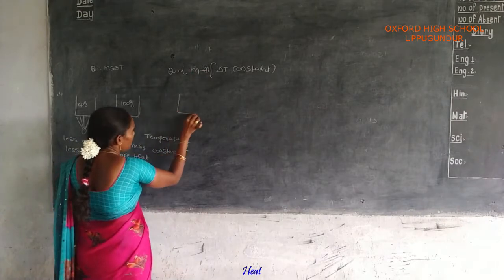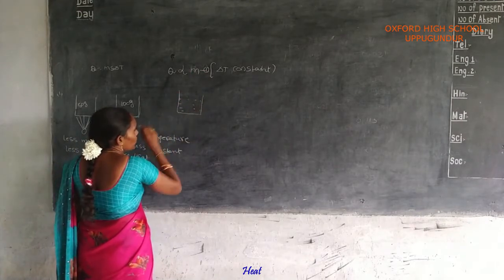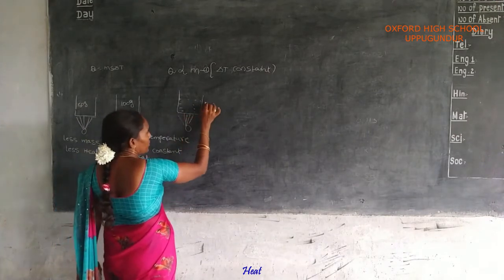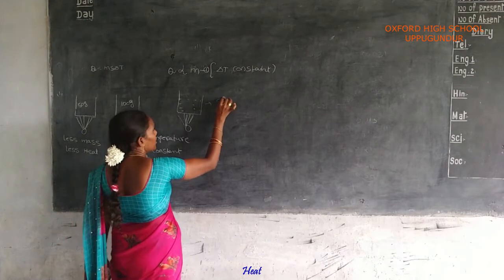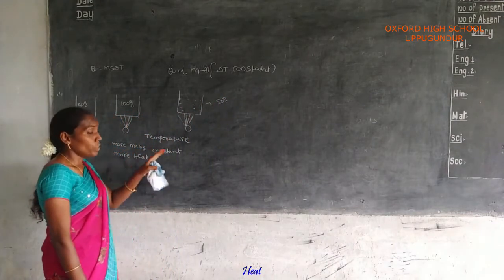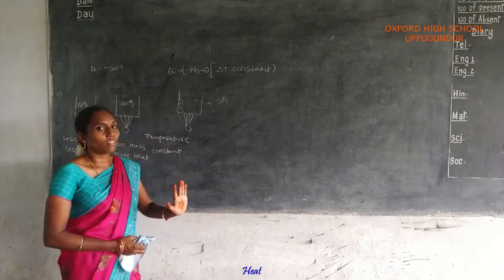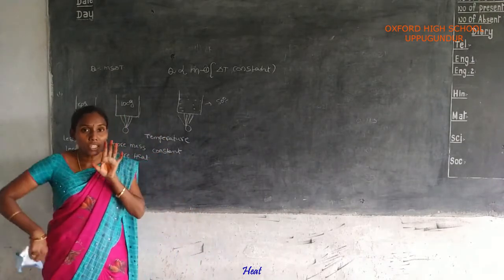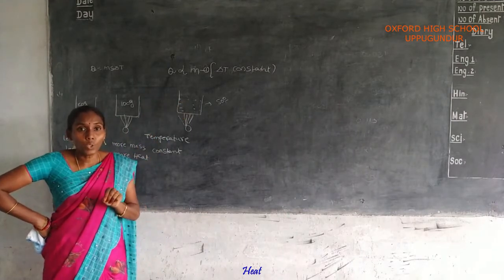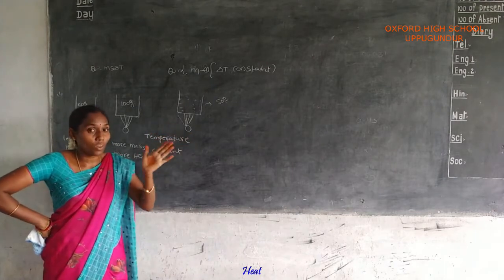See the next one. Take the bowl, that bowl is filled with water. Okay? This water is heated up to 50 degrees centigrade or 60 degrees centigrade. We have to observe, for every 2 minutes, what is the temperature of the water. For every 2 minutes, we should observe that the temperature of the water increases at a constant level.